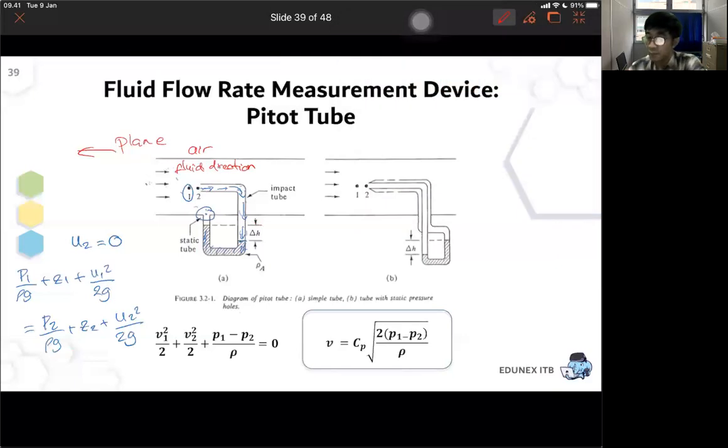And then at point 1 and point 2, the position is the same. At point 2, the velocity is 0, right? So you can correlate point 1, and you can take out this term, right? So it becomes